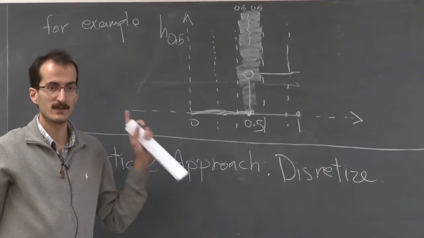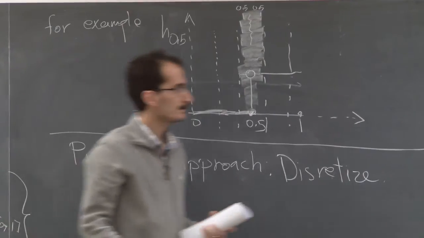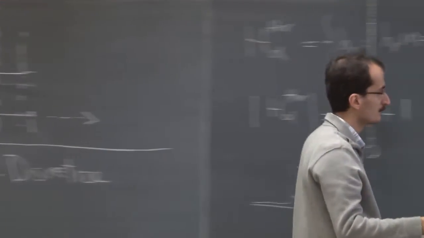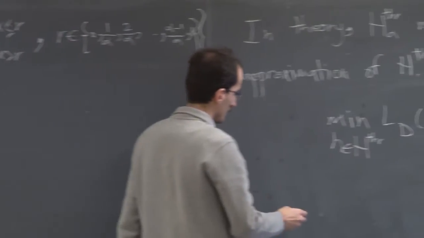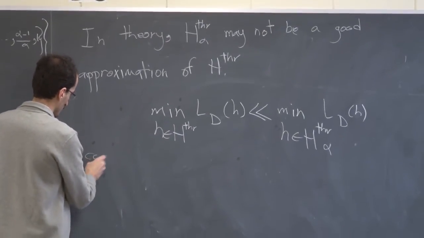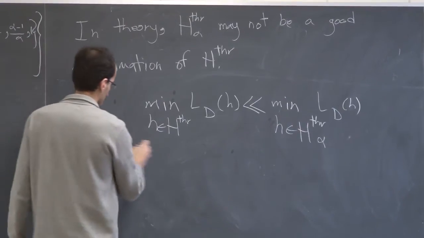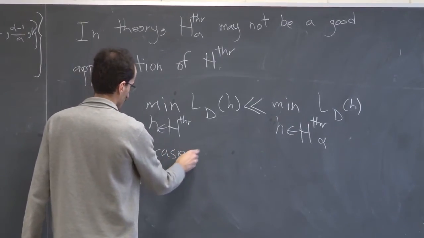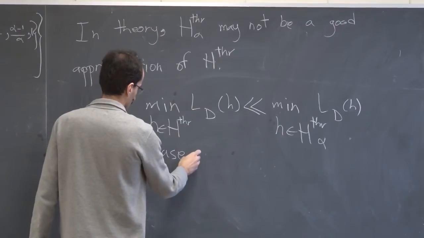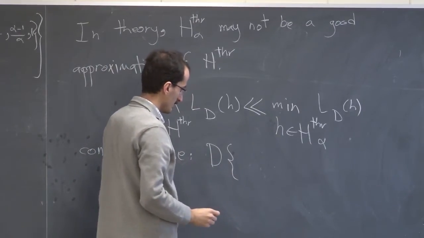We need to have the exact threshold to be able to do that. So just consider the case that all probability mass is around